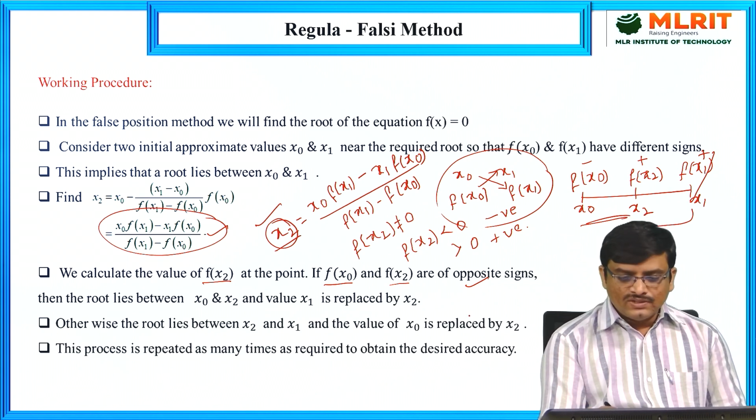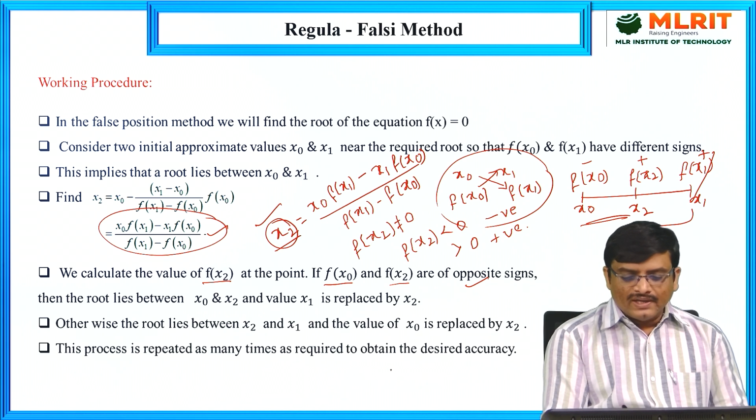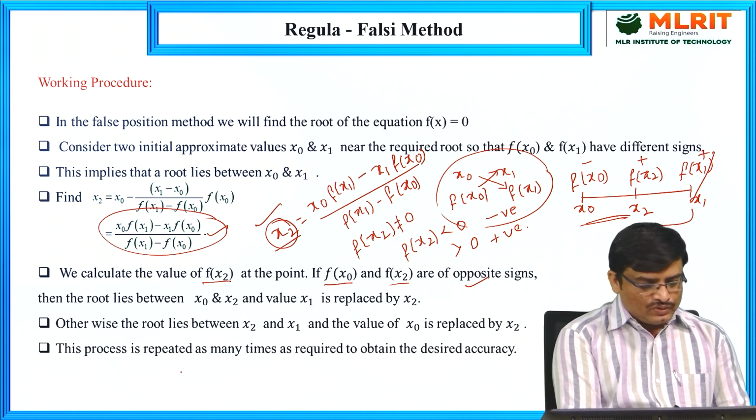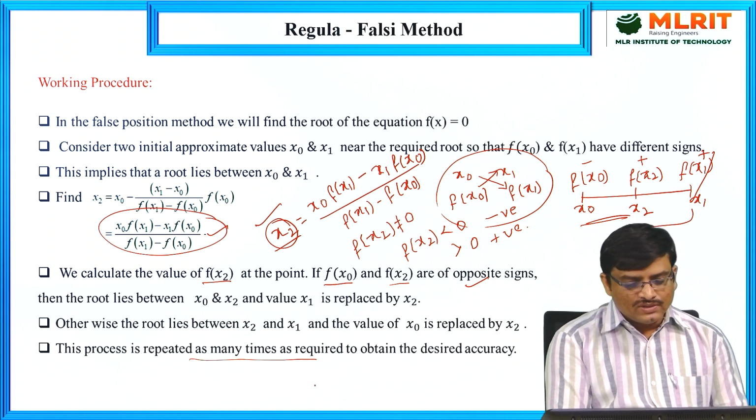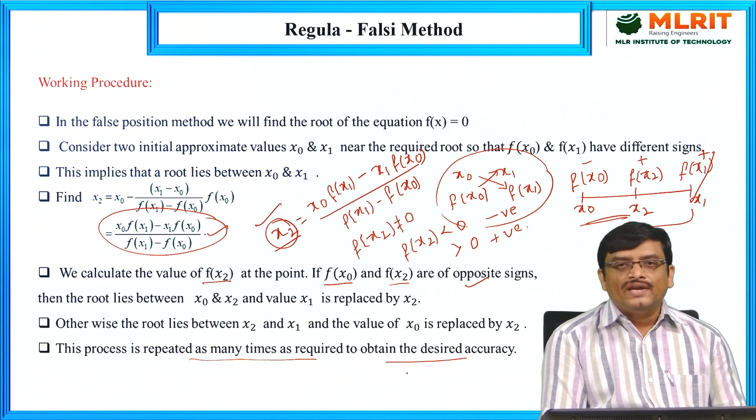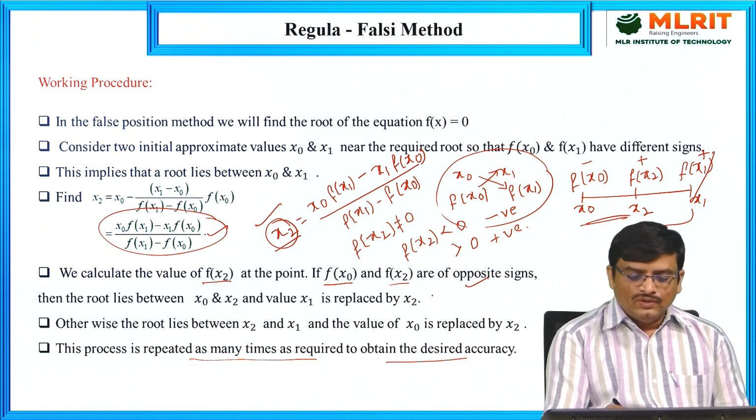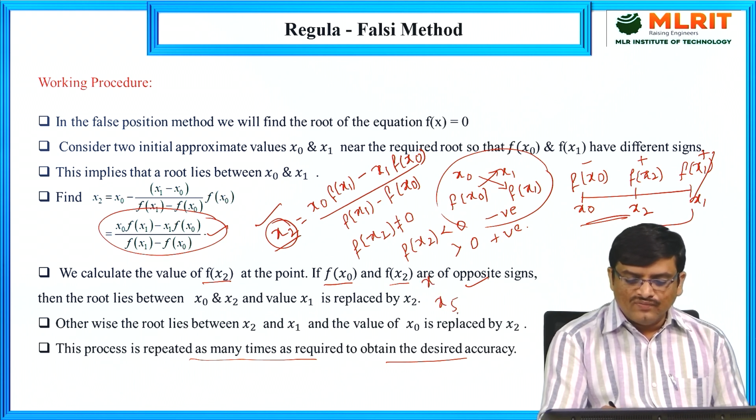Like this we have to follow until we get the desired accuracy. So this process is repeated many times until we get our desired accuracy. What is meant by desired accuracy here? Suppose you are at the fifth approximation, x5,